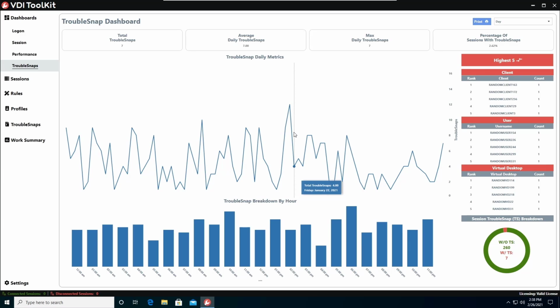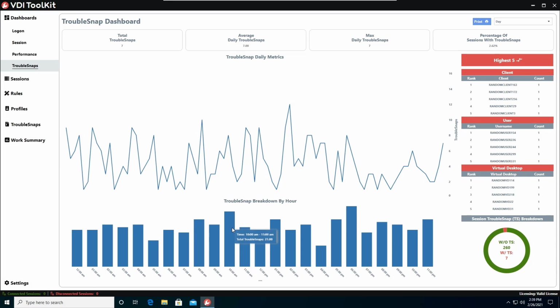And basically what this does is it provides a TroubleSnap count based off the hour of day and that time frame. So as we can see here, between 10 and 11 a.m., over the last 365 days, 21 of those trouble snaps that we've had during that time frame have been between 10 a.m. and 11 a.m. So this can help you identify issues as well, because let's say most of our trouble snaps are all happening around 5 p.m. or 4 p.m. or something like that. What's going on around that time where people are complaining and having more issues in generating